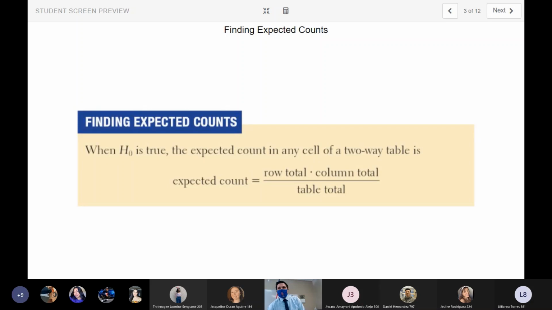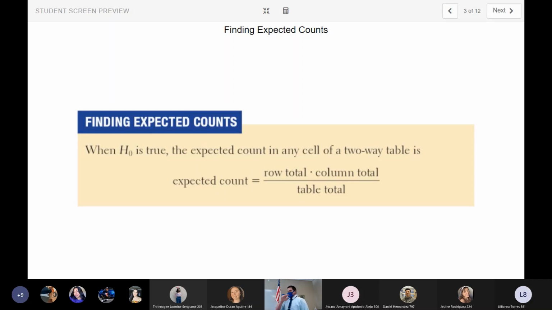The way that we find expected counts is the same regardless of the test that we're doing. If we're doing a test for homogeneity or a test for independence, we calculate the expected counts the same way. When the null hypothesis is true, which is the assumption when we're finding the expected counts, the expected count in any cell of a two-way table is the row total times the column total that that cell is